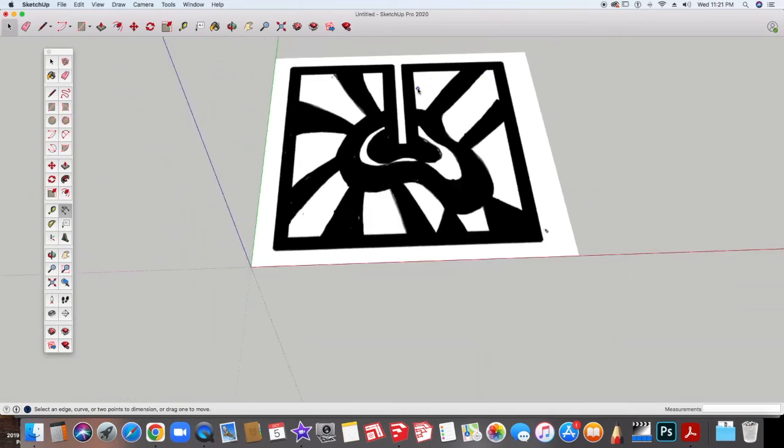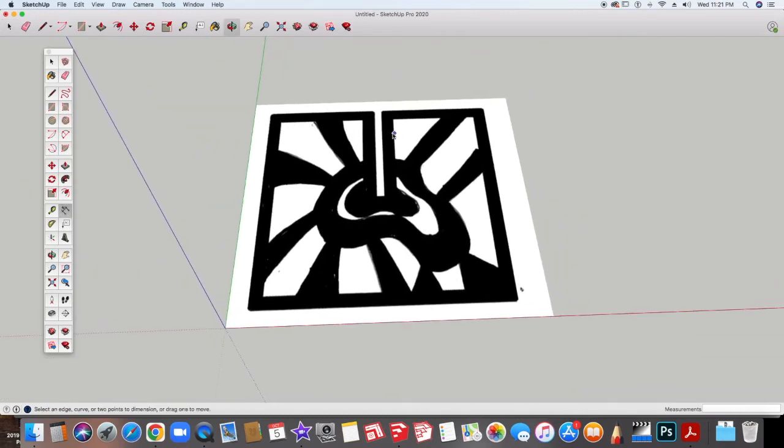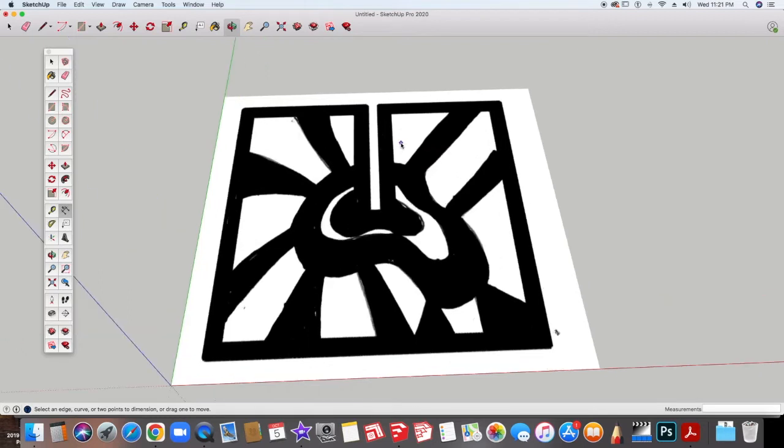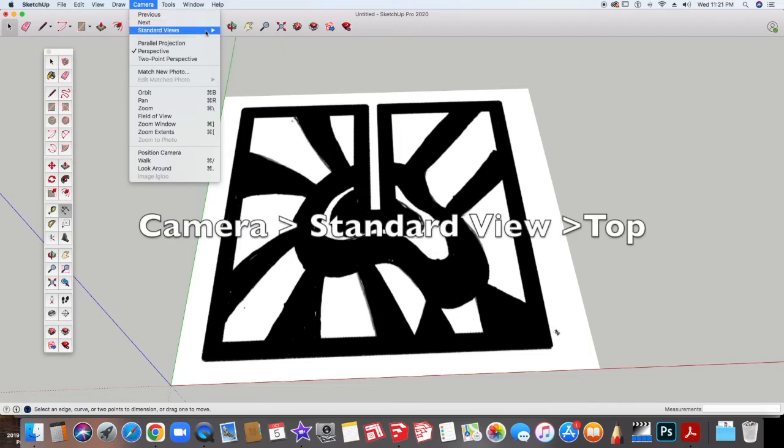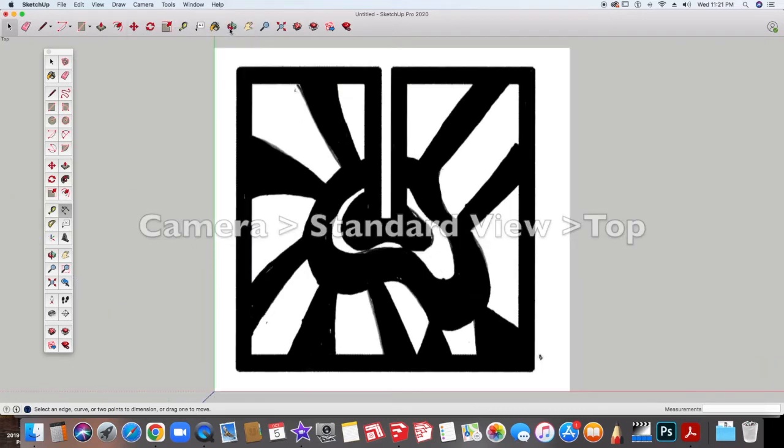We're using this as an underlay for our design. So the next thing we have to do is to create a square over this. To do that, we're going to change our orientation so that we're looking straight down on the design. We're going to go to Camera, go to Standard View, select Top, and you'll notice that there's a little bit